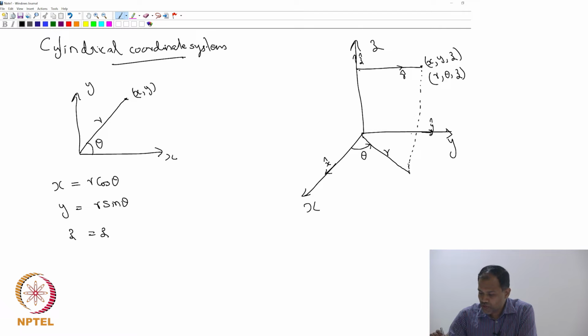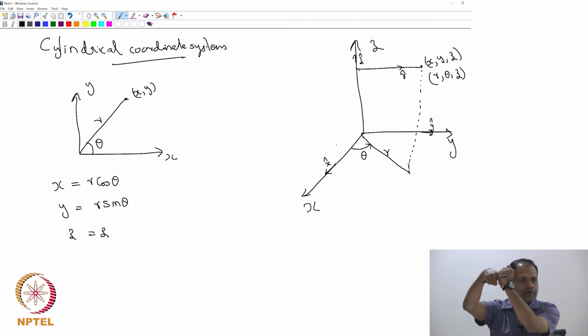So right now, in this y-z plane, r cap would be like this. If I talk about an x-z plane, r cap will come out of the plane and so on. You understand that? So if you have a z axis, r cap could be in all these directions, just the way you have radial directions going away, okay.